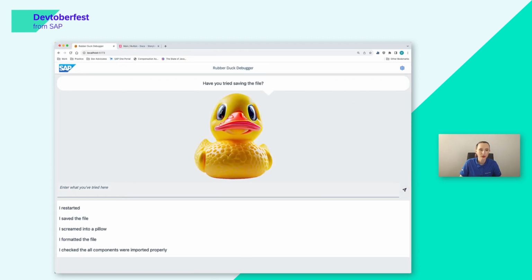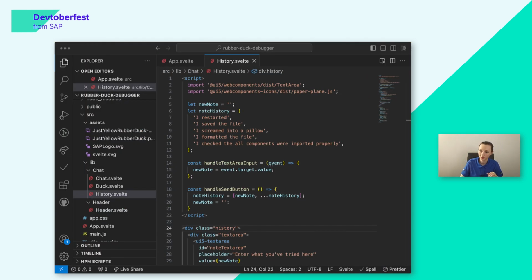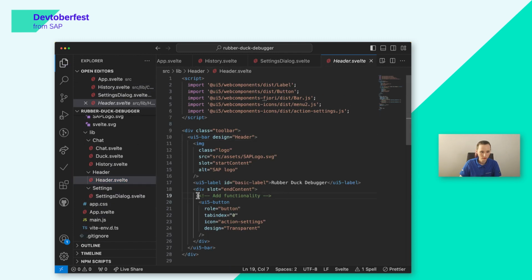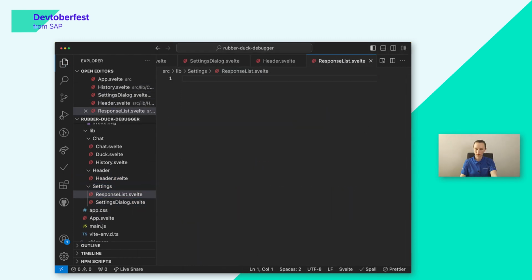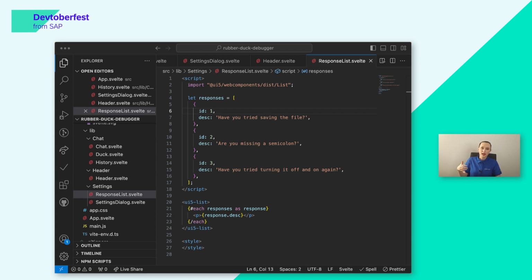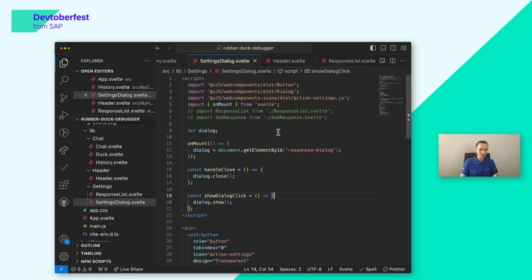If you remember before, we have this header here that has a settings button that doesn't do anything. So I am going to spend just a little bit of time adding a settings dialog and a bunch of the boilerplate code so that we don't have to worry about adding that later. And we can just get right into the good stuff of Svelte. So if you give me just one moment. So what I've just done is add the initial settings dialog here and referenced it in header.svelte, but that was